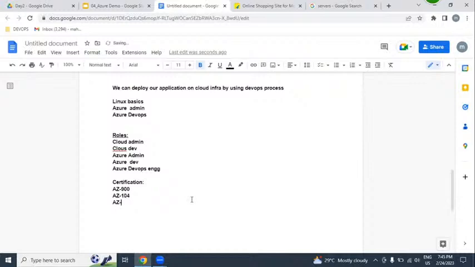And AZ-400 is DevOps. So these are all the certifications you can do through this course. You can crack them, pass them, and complete your certification also. So these are all the roles you can cover and the certificates you can do. And before taking your questions,